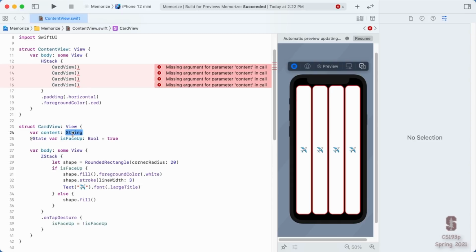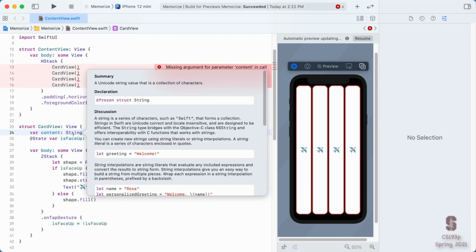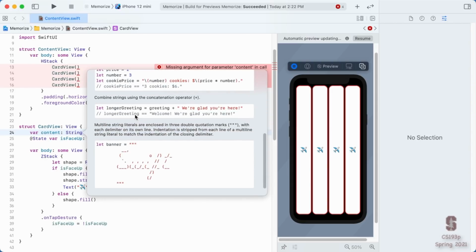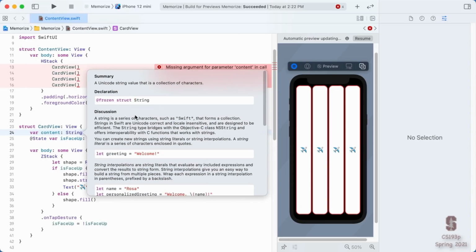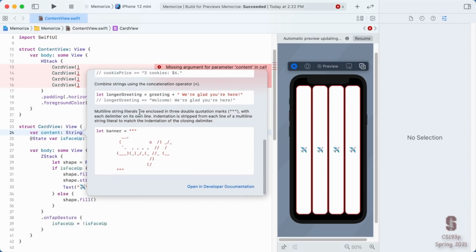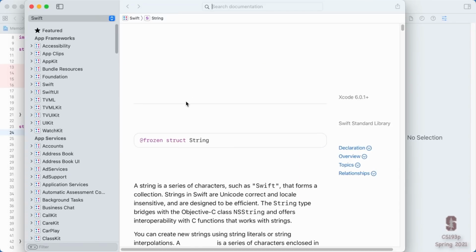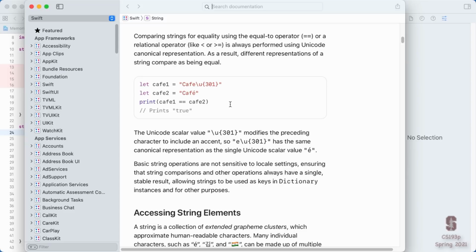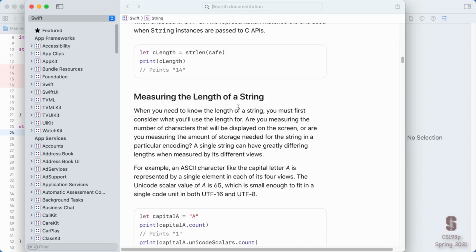Holding down Option, you see it turn to a question mark there, and click. When you Option-click, it's going to give you a little summary from the documentation about this type you clicked on, in this case, String. See, it tells you a little bit about how it works. But you can also click Open in Developer Documentation. It'll bring up the documentation. Now you get a long description of everything that String can do.